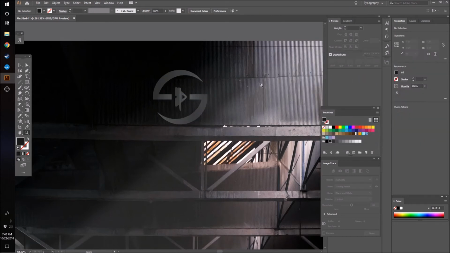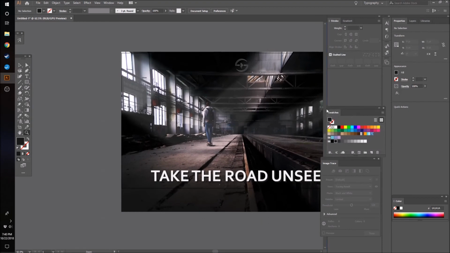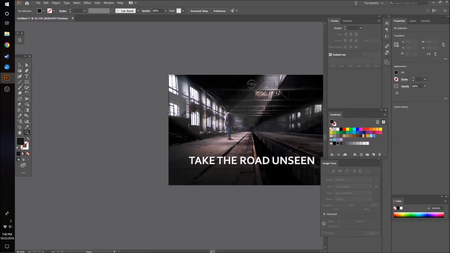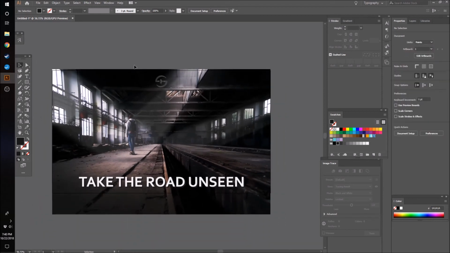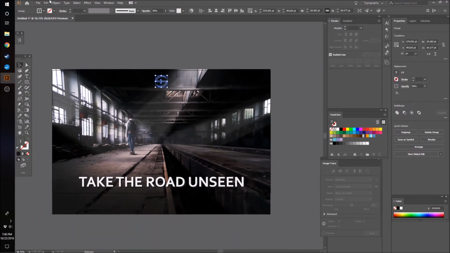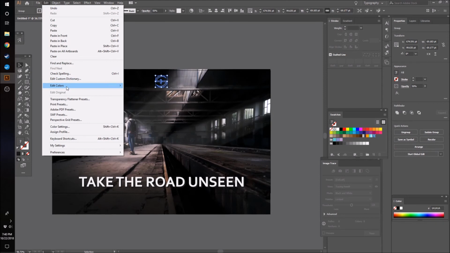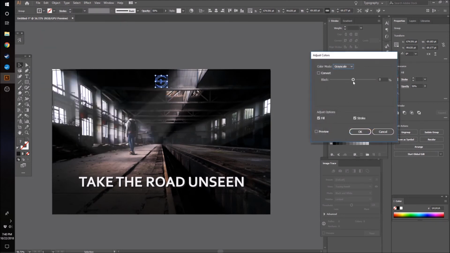Just like that. So now when you zoom out, you can see this logo actually kind of blends in with the artwork more than it would have if I had it the color that I made it. And that's kind of one of the things that I go for, and actually I'm going to darken it a little more. That's one of the things that I go for when I make my logos,